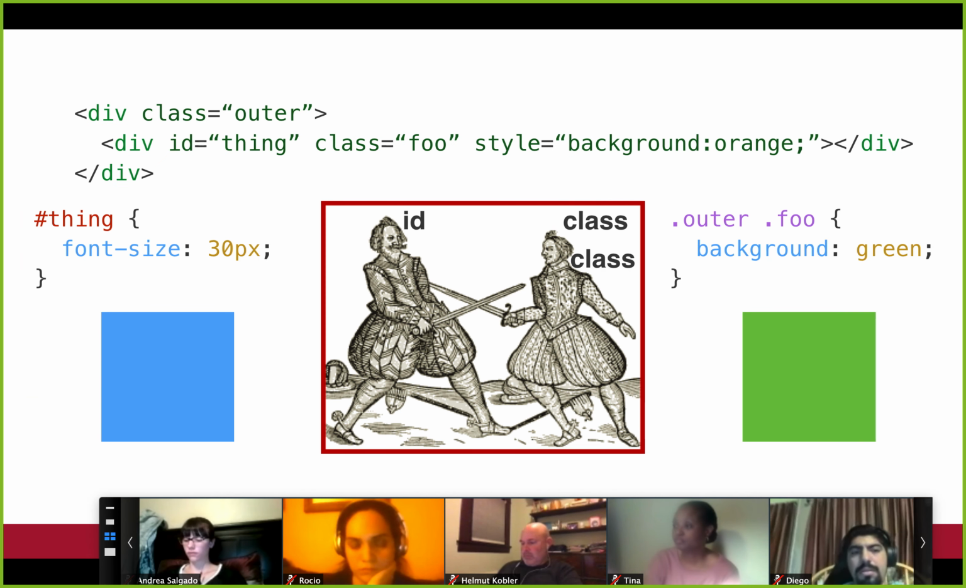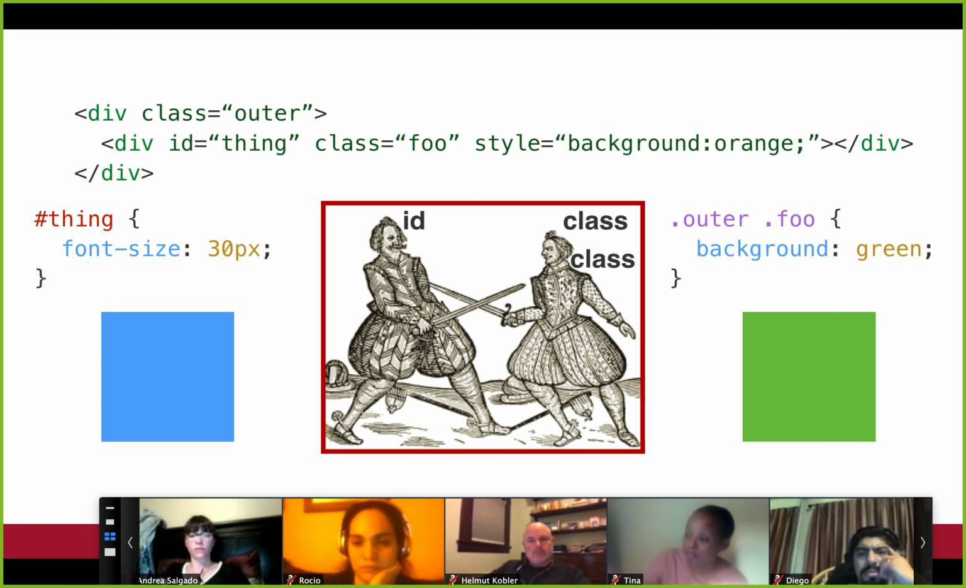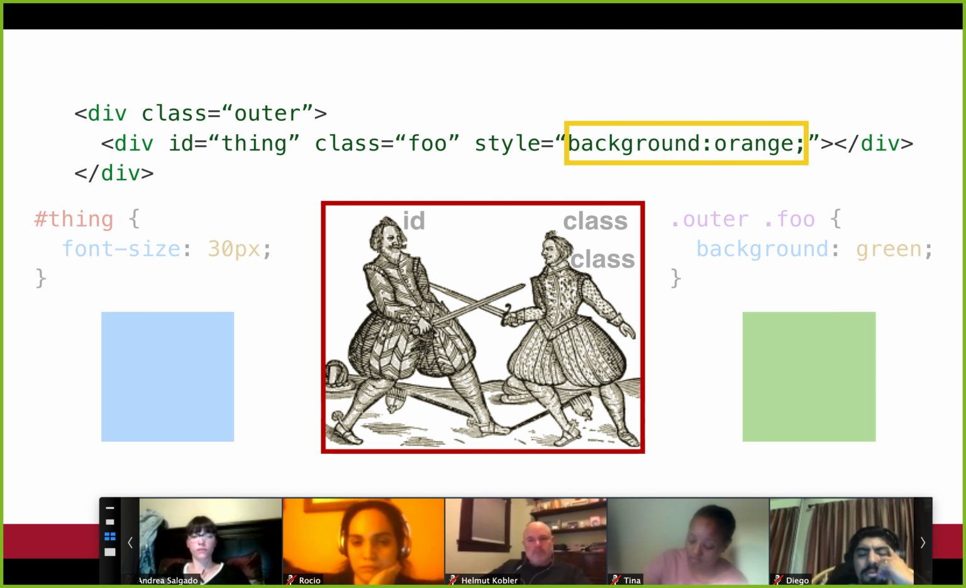And then last but not least, here I have a nested div, right? I have a div inside of a div. On the left-hand side, I have an ID of thing. I change the font size to 30. On the right-hand side, notice how I have a space between the outer and the foo. That just means give me an element with a class value of foo, whose parent or whose ancestor has the class value of outer. I'm trying to change the background to green. So which rule is going to win out? And it's a bit of a trick question because the answer is that what's going to win out is actually the